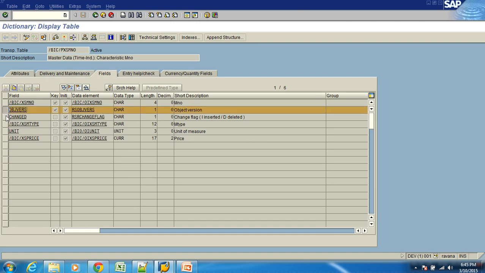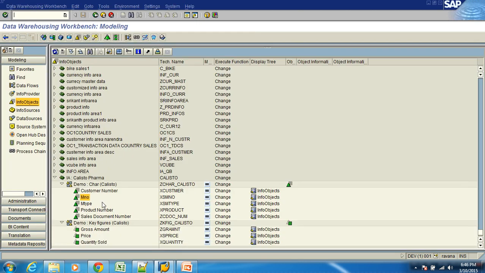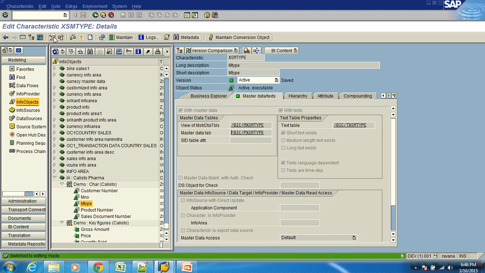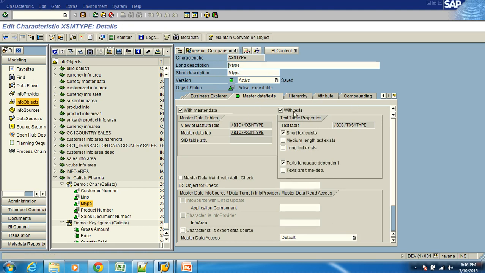Don't worry about all these columns. What do we have? First we have the metal number column. Then we have metal type, unit of measure, and price. You see those columns here, but you still get to see those columns separately. Metal type, yes. Can this have its own attribute table? Metal number attribute table attributes.